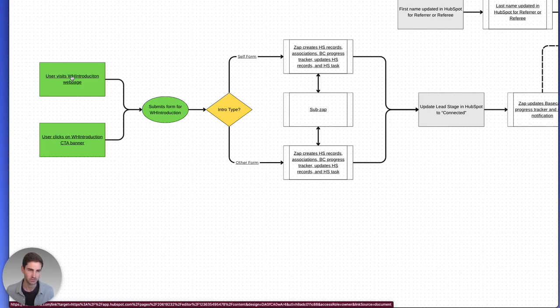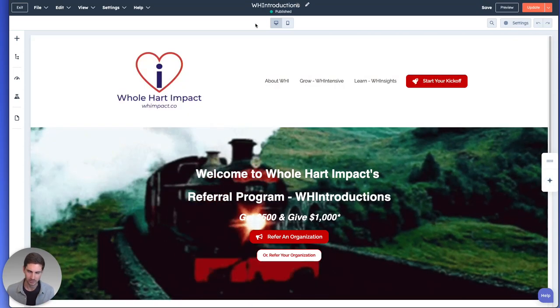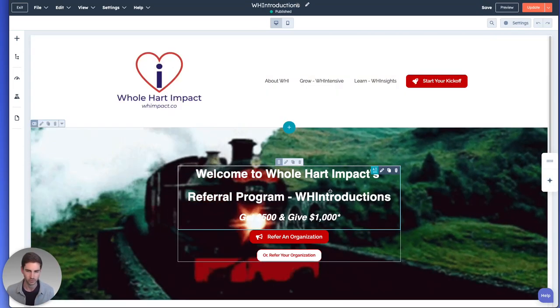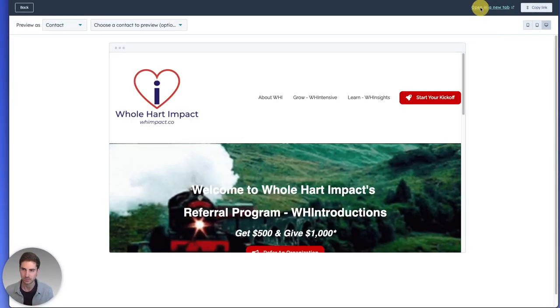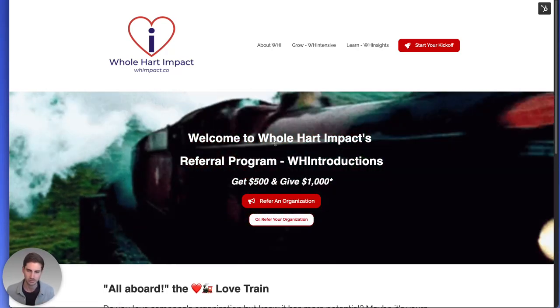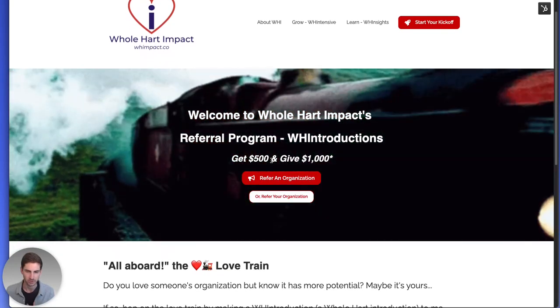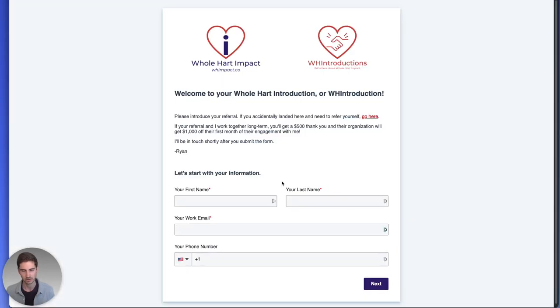So let's hop into that Introduction webpage. This is the background, again linked for convenience and quick access to updating. But a user would be in more of this view here on the actual page itself. They have the option to refer another organization or refer their own organization. In our example today, we're going to go ahead and refer an organization. So we'll click on this form here, and we're actually going to put in a contact that's already in there